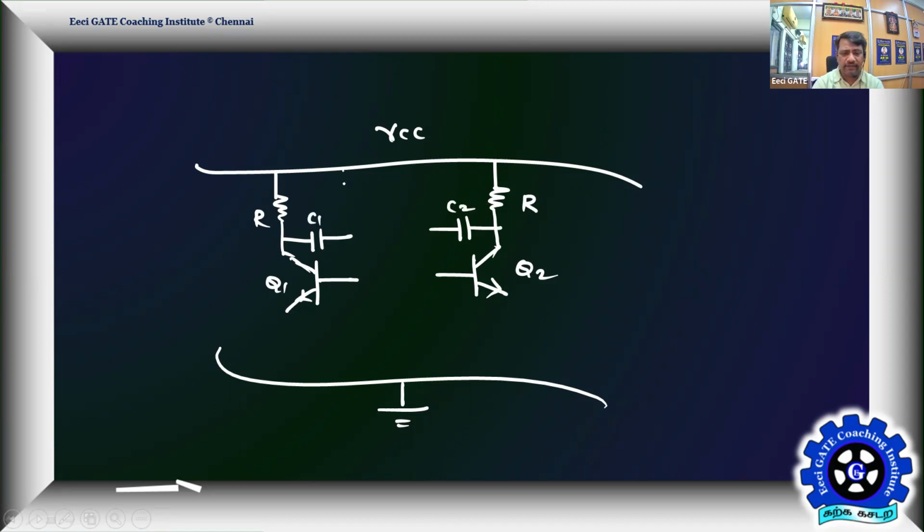Here we are going to have a resistor R1, and here a resistor R2. So you can call them R1 and R2. This capacitor voltage is driving the base of Q2, and this capacitor voltage is driving the base of Q1. Refer to the dot connection. That's how you will have a multivibrator circuit. This is the circuit of an astable multivibrator.